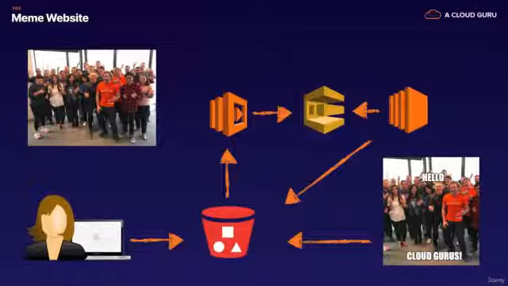Now, the cool thing about this is if we lose an EC2 instance while it's trying to create this meme, the message will become available again in the queue, and another EC2 instance will be able to go in and then create that meme. So you don't lose any information. So SQS is a way of storing messages independently so that even if an EC2 instance is lost and can no longer process that message, then another EC2 instance will come along and take that message. So that's all that SQS is.